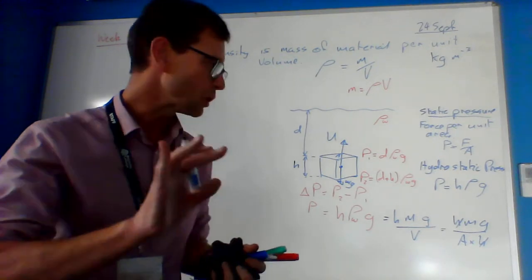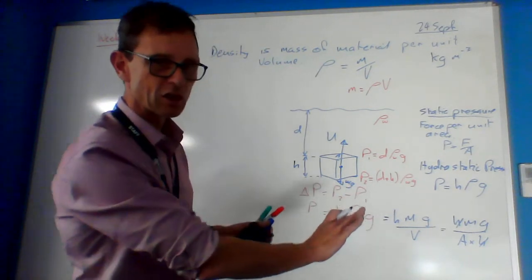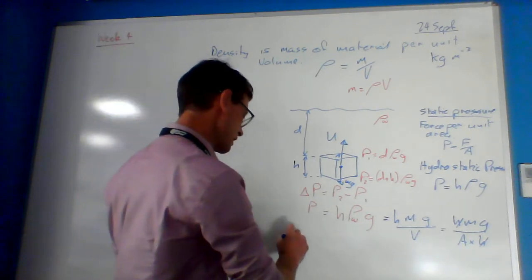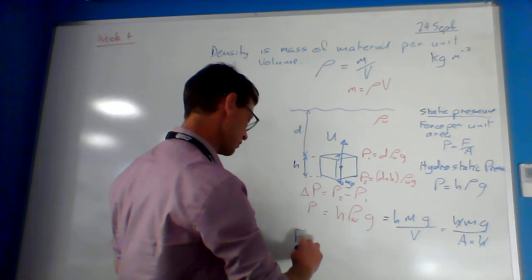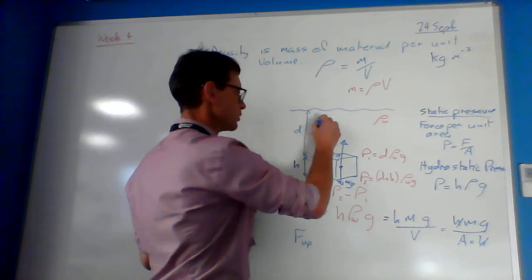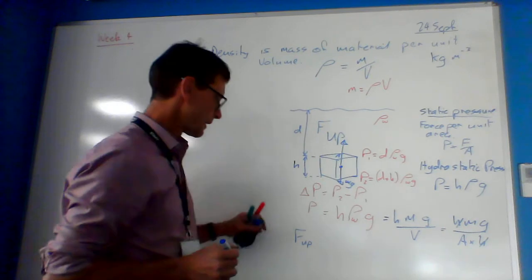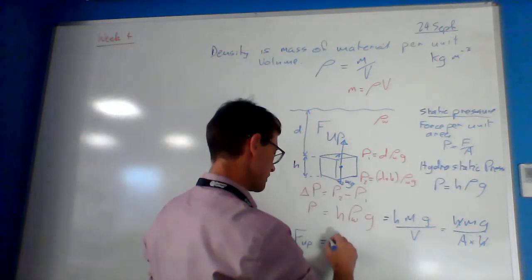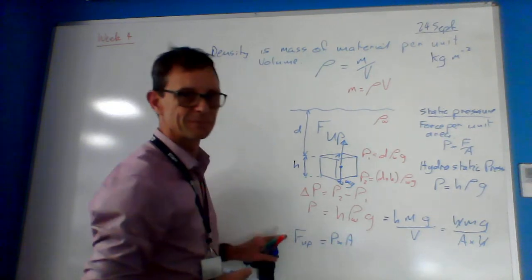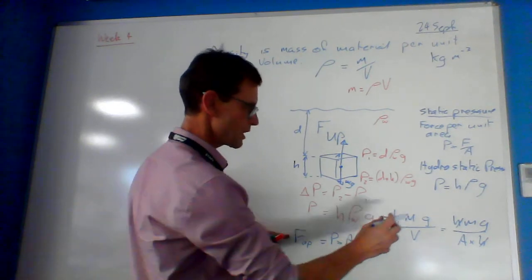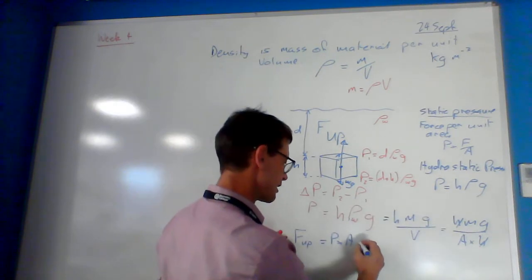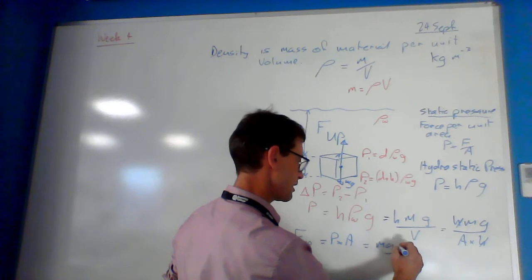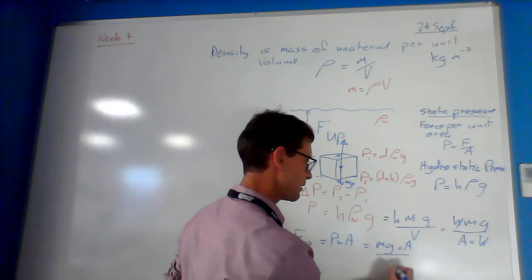Okay, and that's going to be giving me the pressure difference. But I want a force, so I'm just going to leave that there. I should tidy it up. I want to keep it simple so I can fit it on your screen. I want the upthrust force, so I'm going to call it force up. That is going to equal pressure times area. And if my pressure is this, and I will now use the tidied up version, equals mg times by A divided by A,